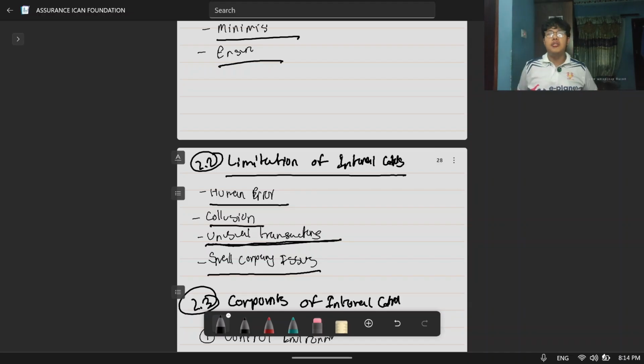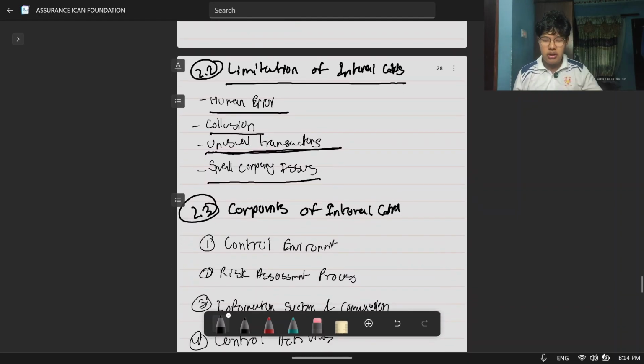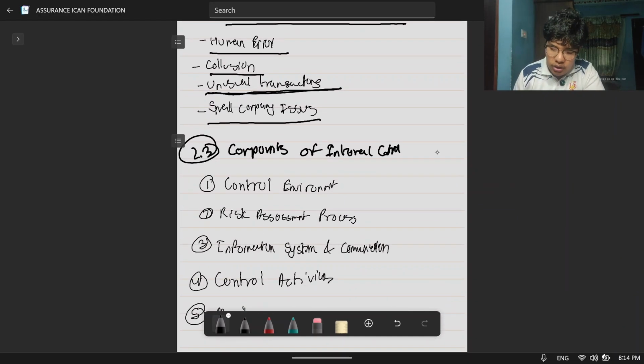And then we have got small company issues. Small companies मा manager को role नि एकजनाले गरेर हुन्छ, and then that same person is in the role of treasurer, so it's easy for him to evade the internal control policies and misuse the company's resources, and they have small company issues.